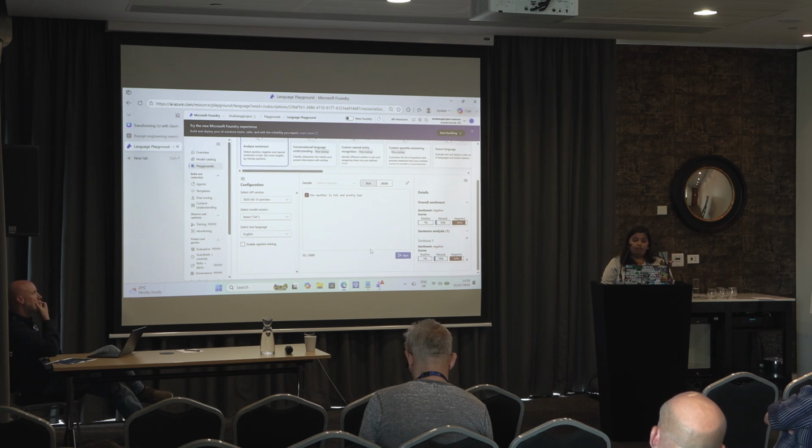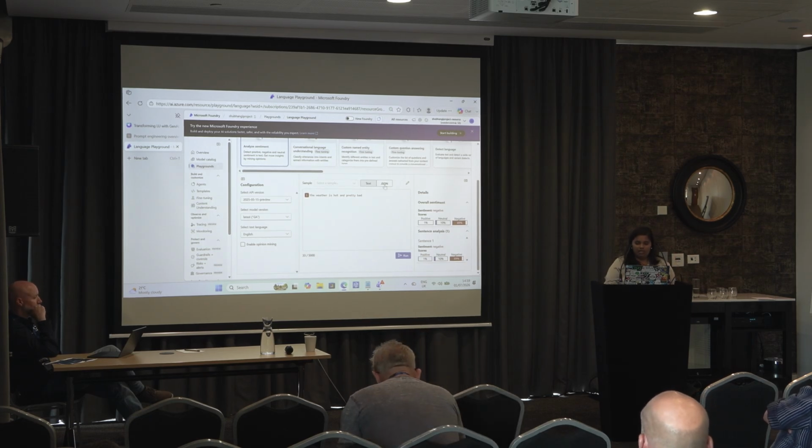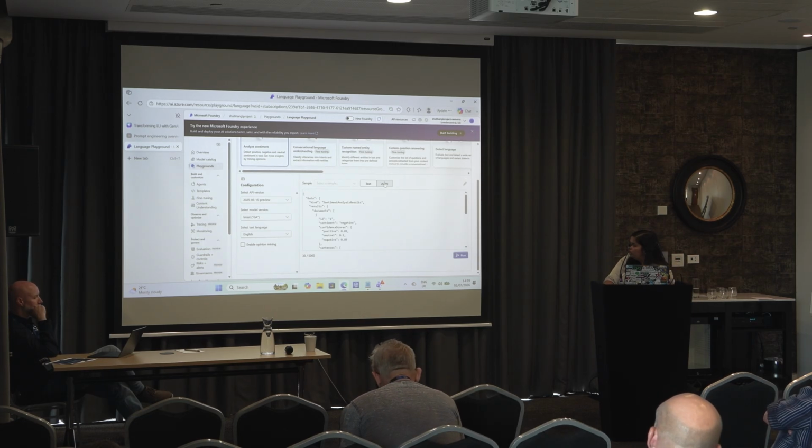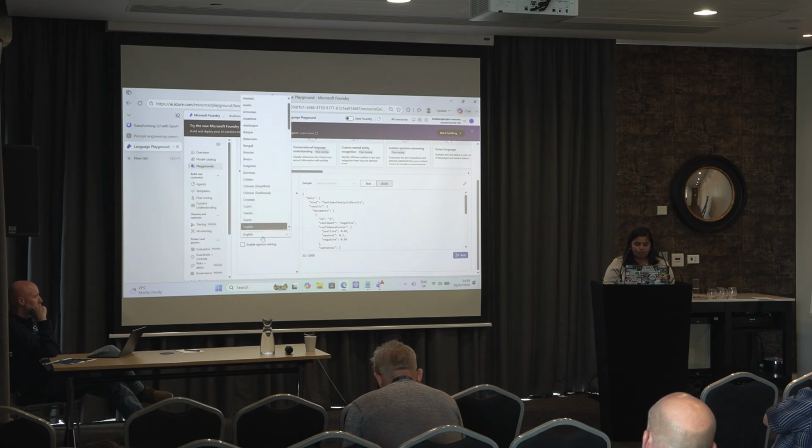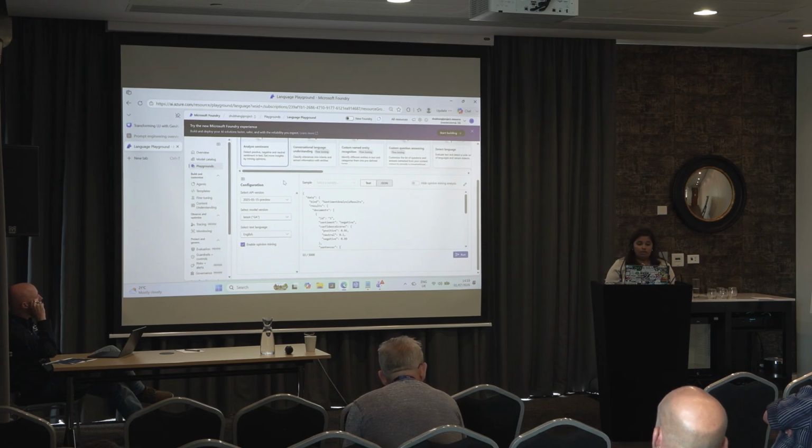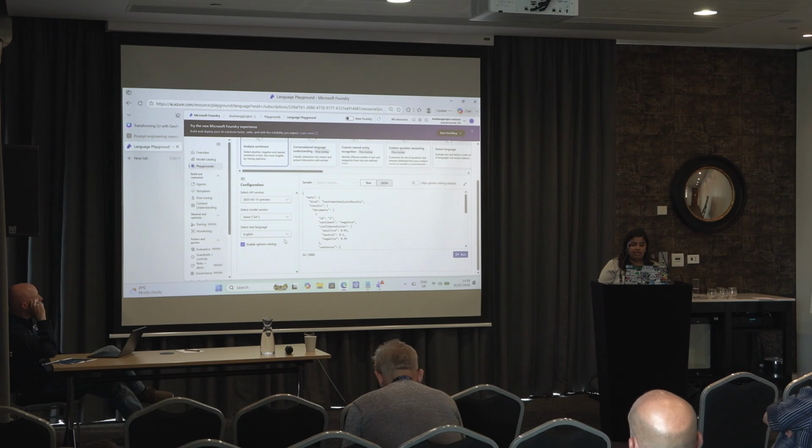This is good for people who are in customer-centric businesses, or for whom user behavior actually matters a lot more compared to other people. It also provides you JSON, so if you want to pick the JSON version of this data, you can get it from here. Again, it supports quite a few languages. I normally use English. It also provides opinion mining if you need it. I tend to not use it because I only need sentiment at the moment. So you can pick and choose the things that you want from this one.